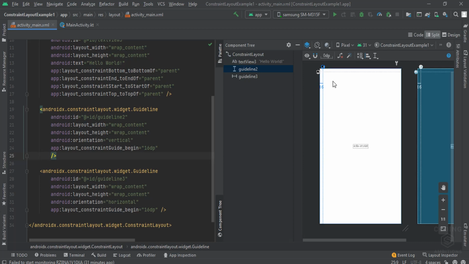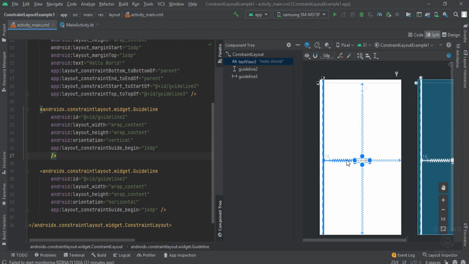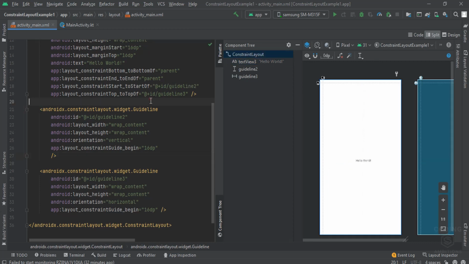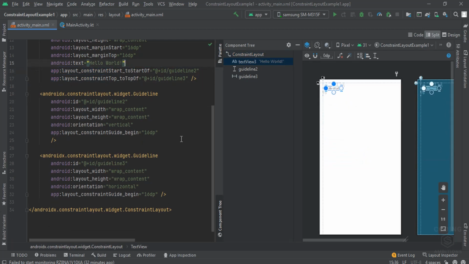So now if we want to align this view here, it will automatically follow these guidelines. Let's say we want to make this view follow the guidelines of top margin 16 and left margin 16. So what we will do is align it with respect to this guideline, and remove its constraint of parent.